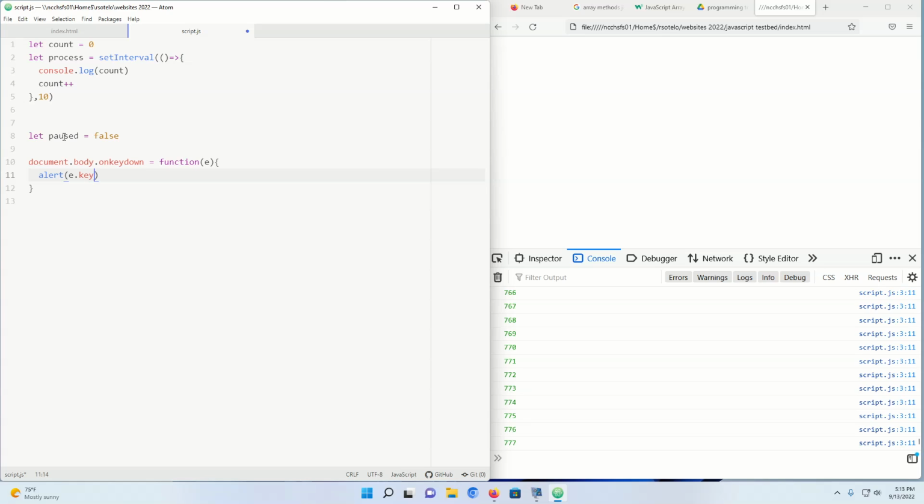What do I want it to do? I want it to pause the game when I press a particular key. So right now my game is running. I've named the set interval process, and it's just counting. So I want to kill the process when I press P, but I want to bring it back when I press it again. So I'm going to say, when I press a key,